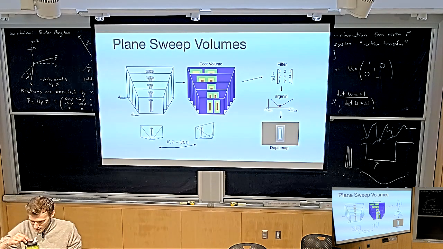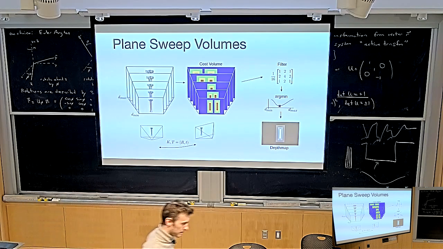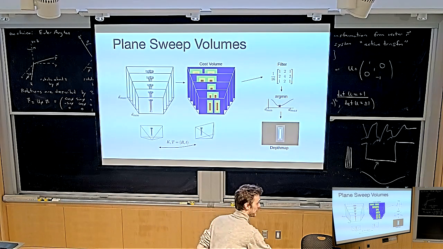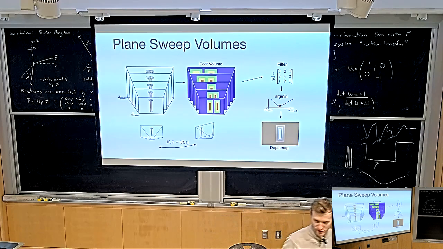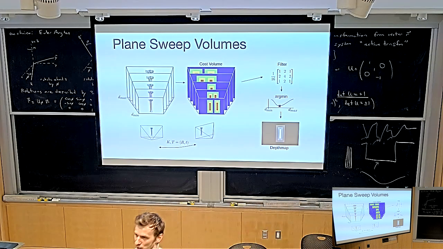Yes. Is the main reason why those features work so much better that they just have much higher dimensions, so there's much more flexibility that the network can learn? Or is there more than that? Yeah, great question. So the question is, why would you expect these features to do better? Is the reason just that they're higher dimensional descriptors? And I mean, the answer is, first order, the answer is no.